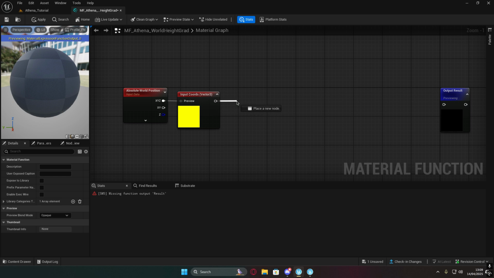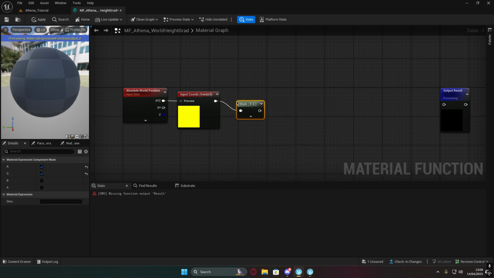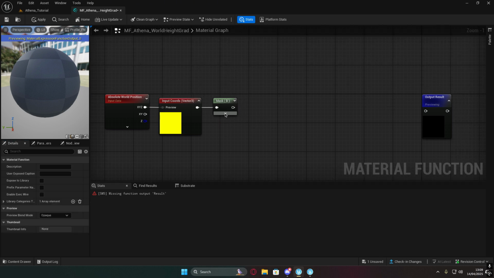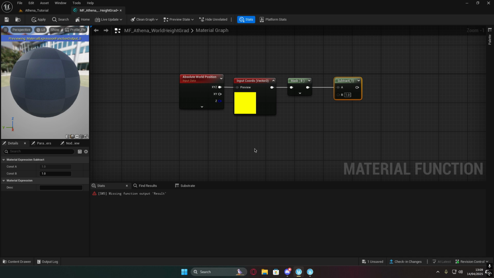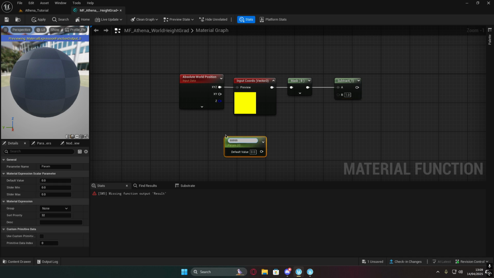Next, we are going to get a component mask on the blue channel here, and we are then going to get a subtract node here, and we are going to come down here, and we are going to hold S on the keyboard and click here, and we're going to get a scalar parameter here, and it's going to be called height_grad_offset,